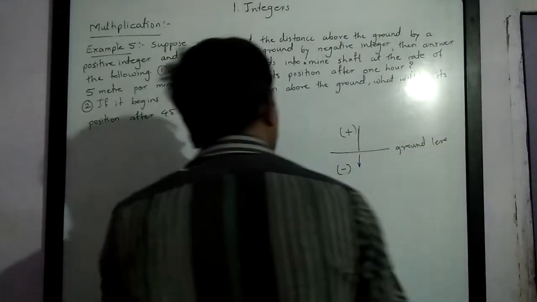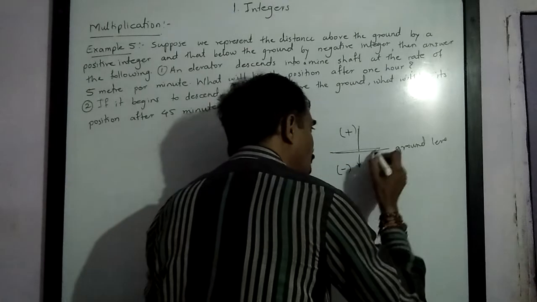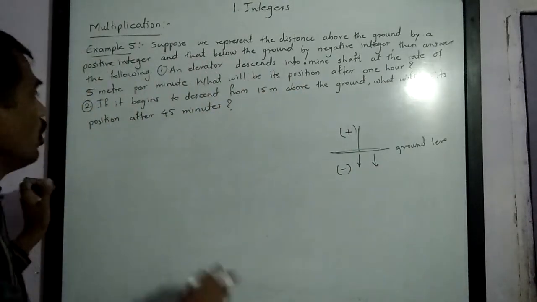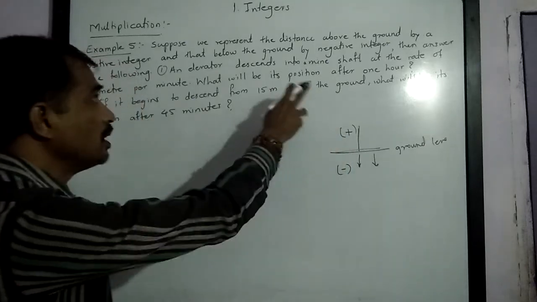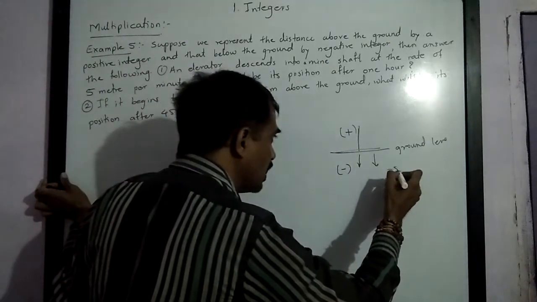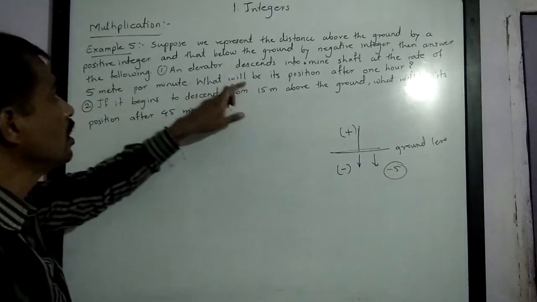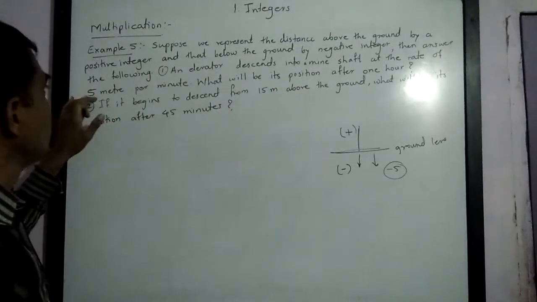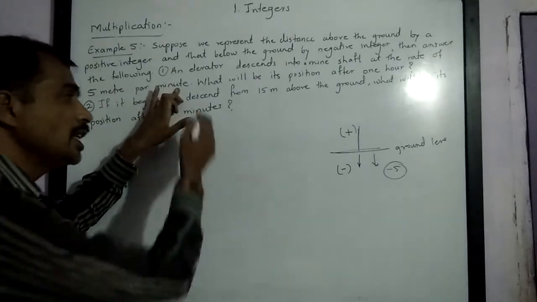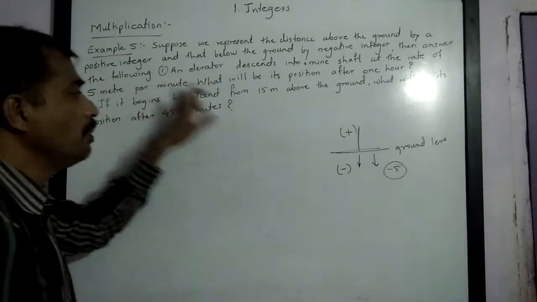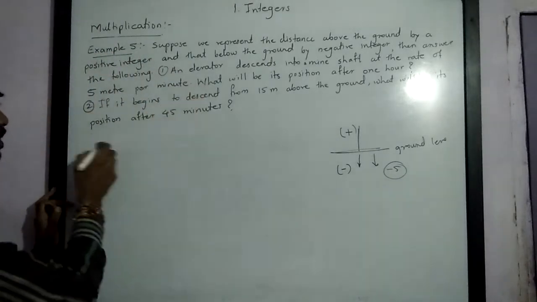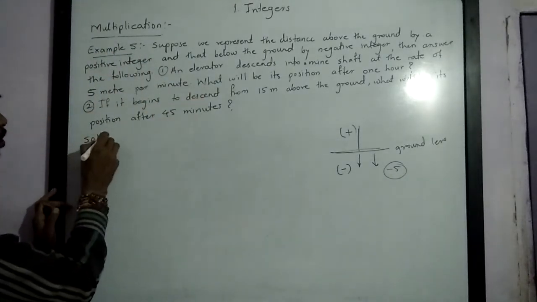Now it is descending, means it is going from the ground level into the depth, into the well, into the mine. So per minute it will be -5. Try to understand this. An elevator descends into a mine shaft at a rate of 5 meter per minute. Since it is going below the ground, it will be -5 meters. So elevator descends. Solution. We are given